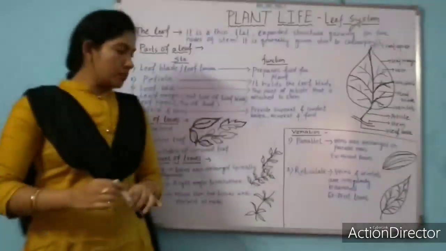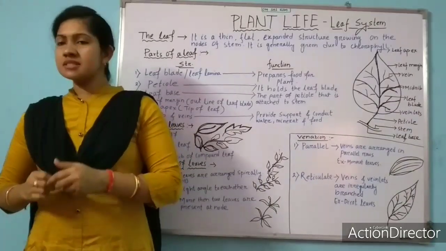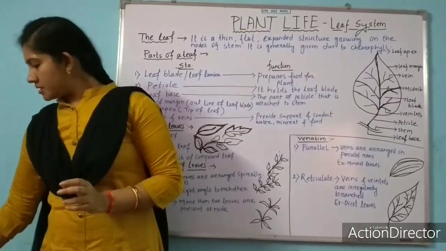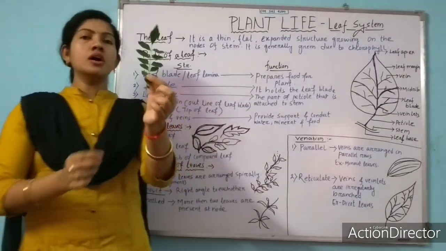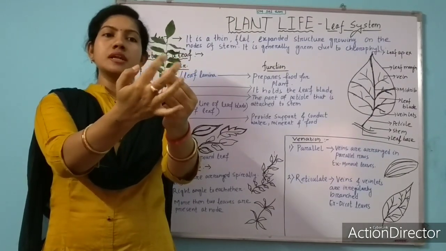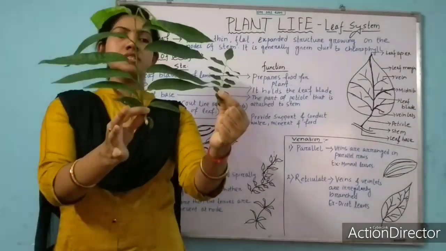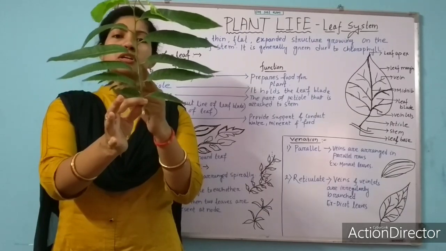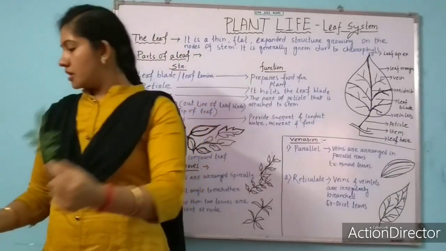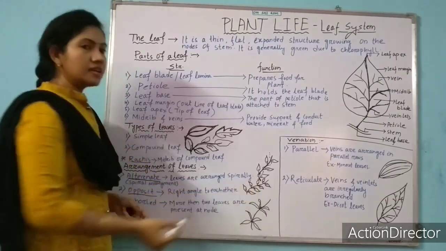Now come to opposite arrangement. What is opposite arrangement? Opposite arrangement means the leaves are placed at right angle to each other. The same here I can show you. This is the opposite arrangement of leaf. See clearly? Opposite to each other. Can you compare both the leaves, alternate arrangement and opposite arrangement? In opposite arrangement the leaves will be placed just at right angle to each other.